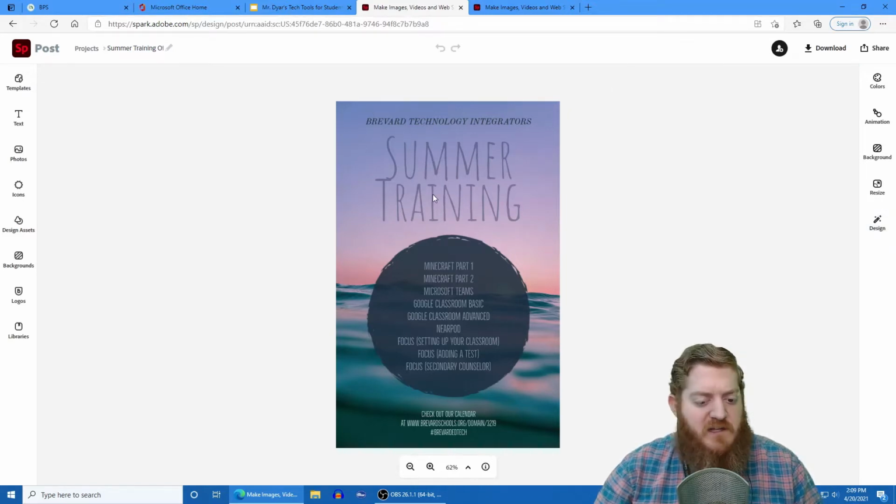This is what I came up with on my first time. I found a template that was kind of similar to this. I think the background might have been the same, and all of these fonts were pre-programmed in, but I included the shape here, and I changed the colors. I did some things where I made the opacity on the words here. So it's a very simple tool. This probably took me 10 to 15 minutes on my first try.